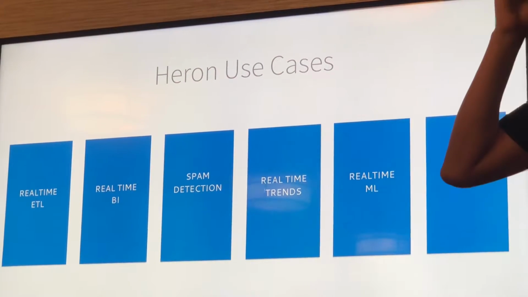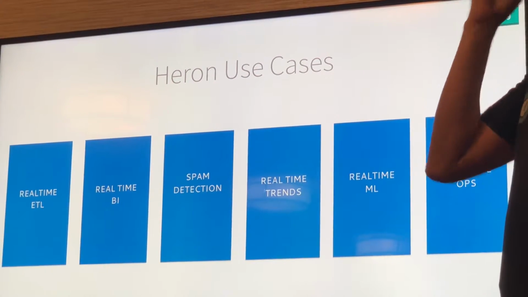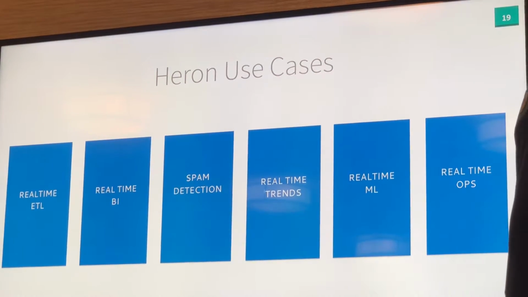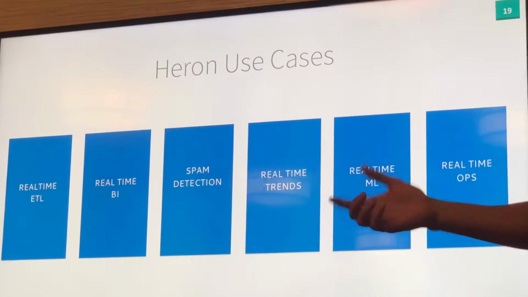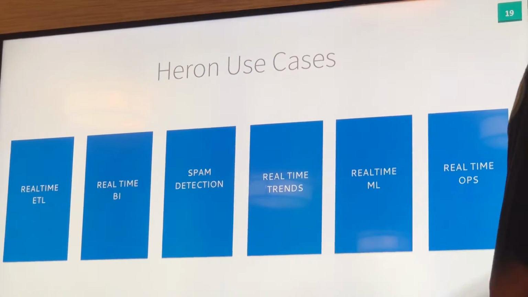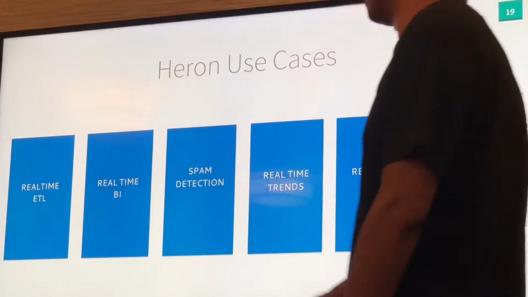So there are a few different use cases inside Twitter. Twitter is more real time, so Heron or Storm kind of make sense for Twitter. But in fact, Heron has a lot more use cases, not really just for Twitter. Even inside Twitter, we have